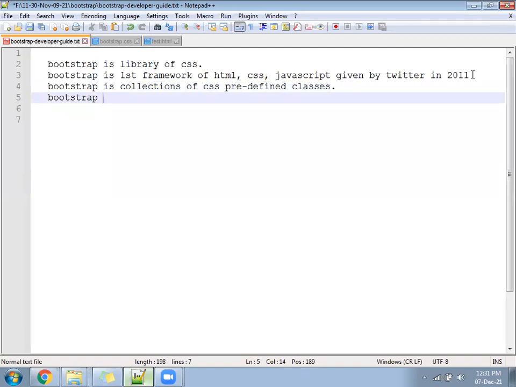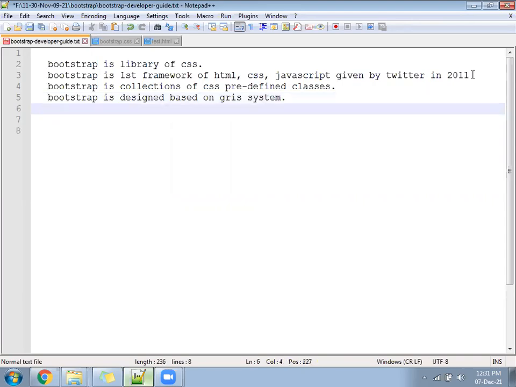Bootstrap is designed based on grid system.